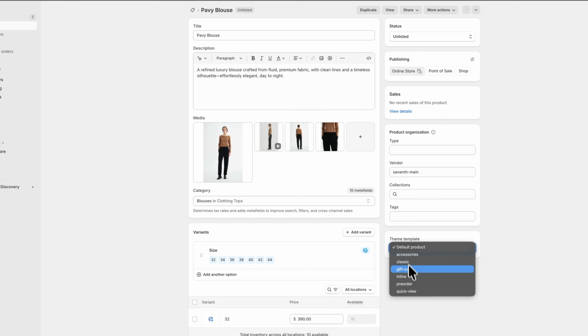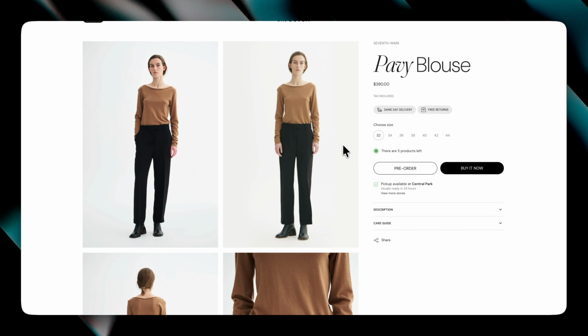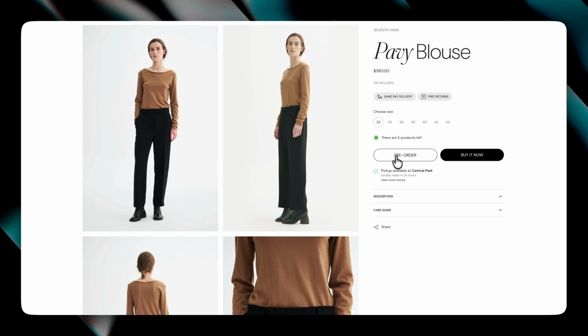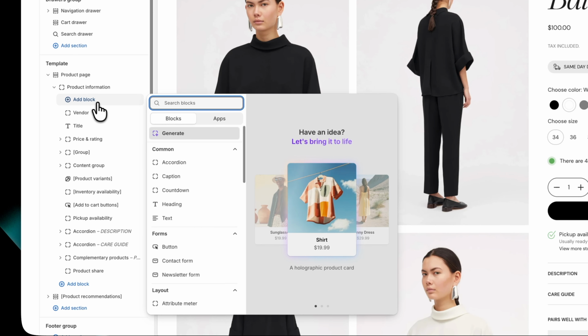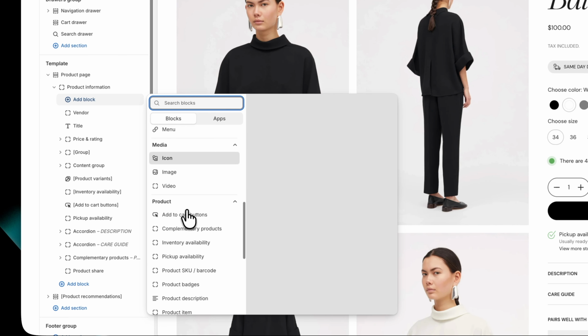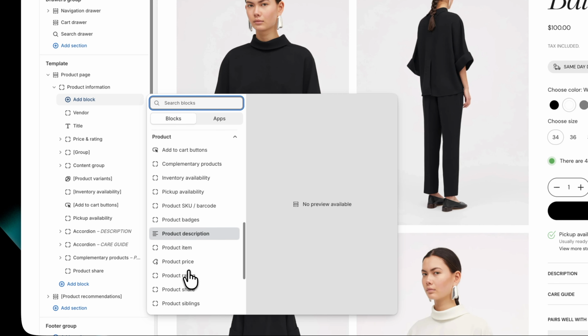Then assign the template only to the products that need the product pre-order label. You can use templates also to have different buttons or different content for different products. We have many other blocks: product badges, rating, tax information, complementary products, sharing, and you can even add your own